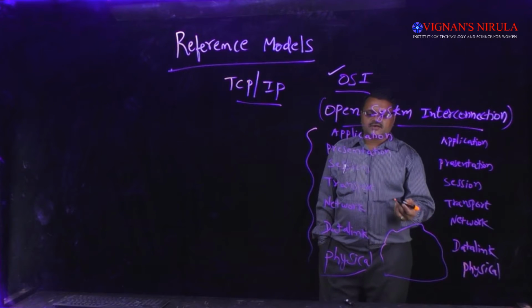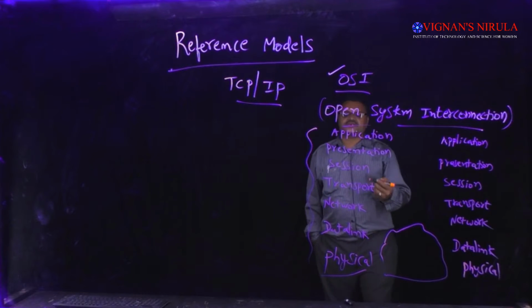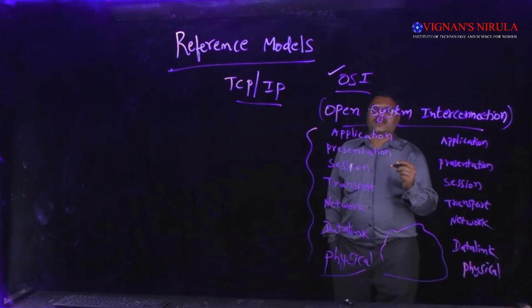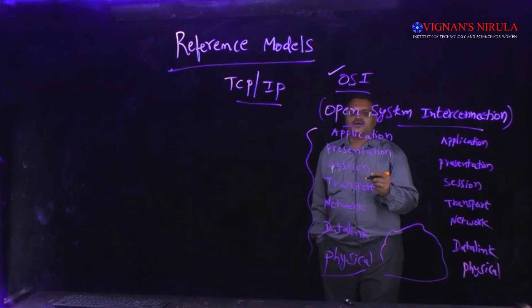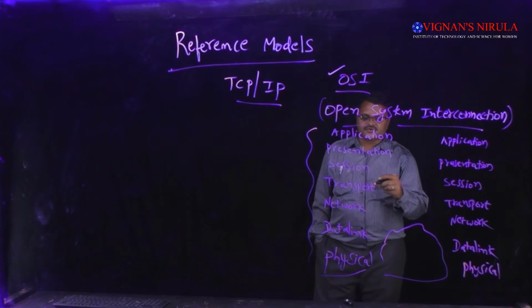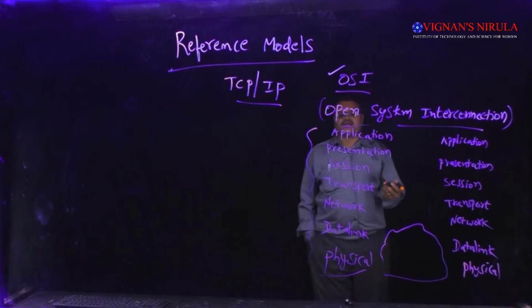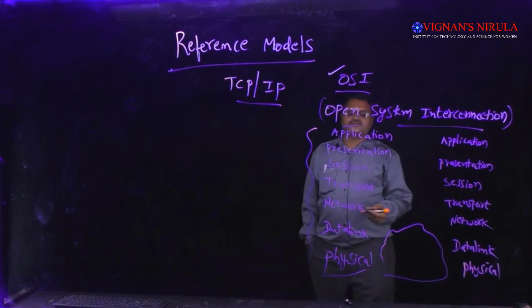Here, the basic design issues to be considered are: first, what is the voltage required to transmit bit 1? Second, what is the voltage required to transmit bit 0? And what are the different communication media which we will use. The design issues mainly deal with the mechanical, physical and electrical aspects. Those are the design issues dealt with by the physical layer.